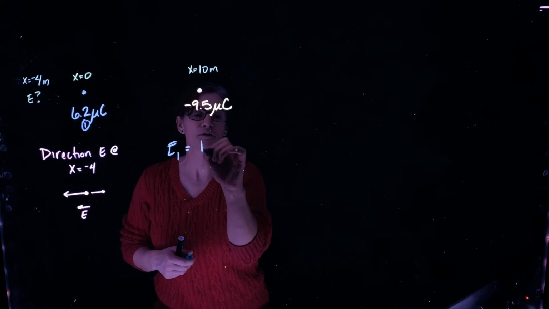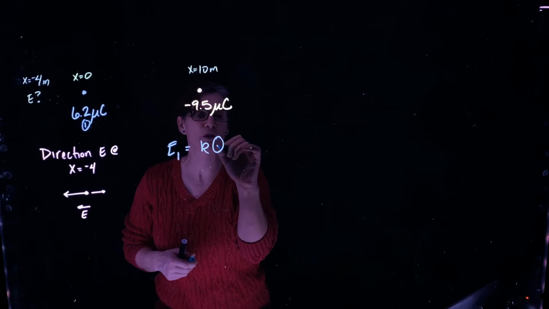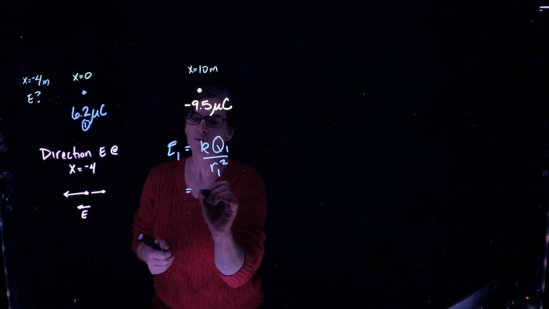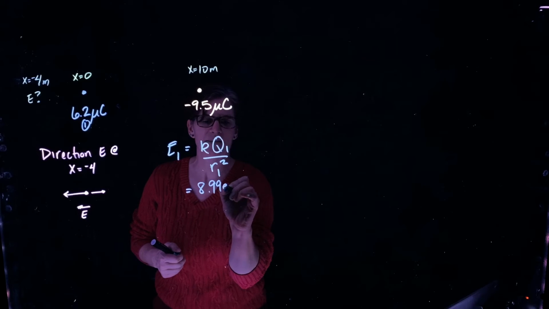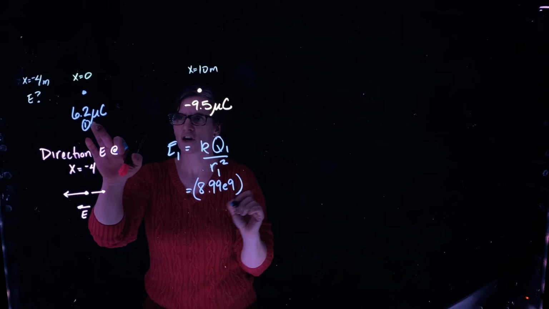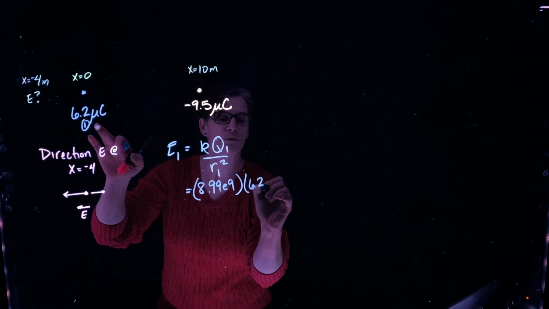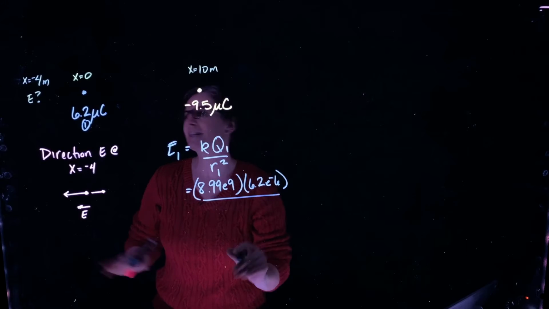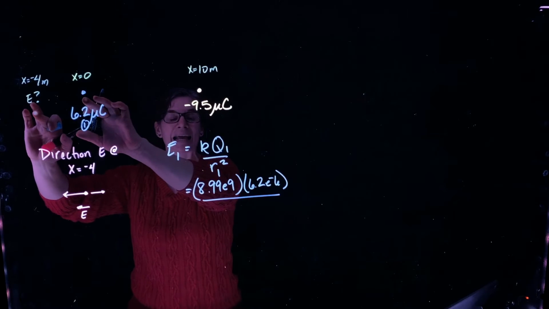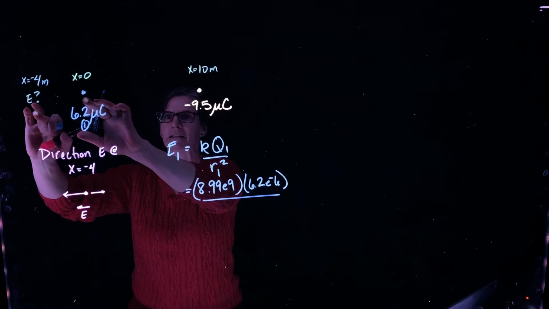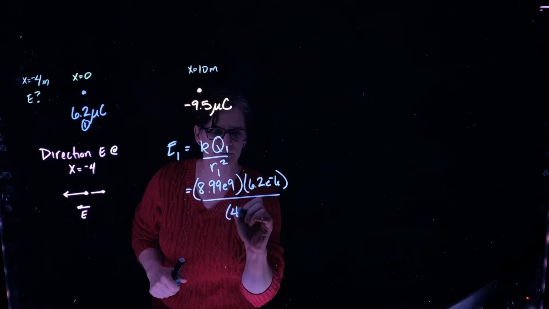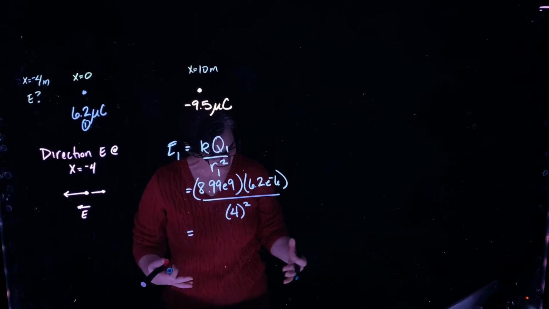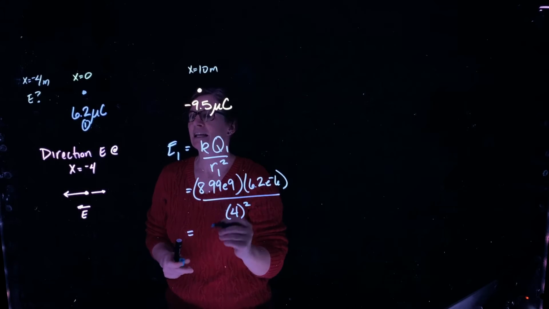We know that the electric field is K times Q1 over radius 1 squared. So, of course, my K is 8.99 times 10 to the 9th. The charge Q is 6.2 times 10 to the minus 6th coulombs. And the radius between where I'm interested and the charged particle is 4 meters. All right, so the strength of that electric field is